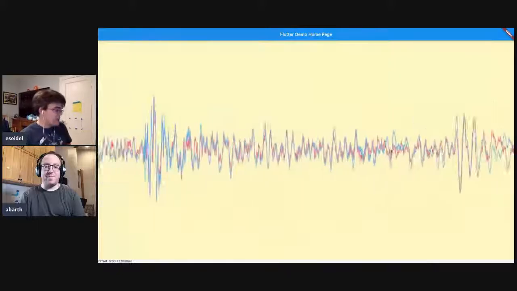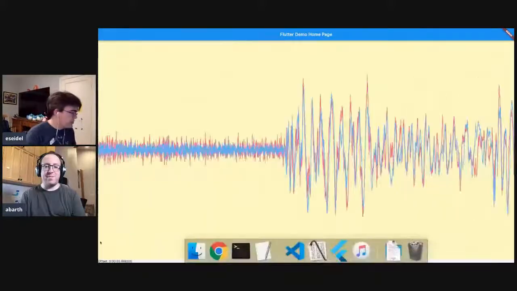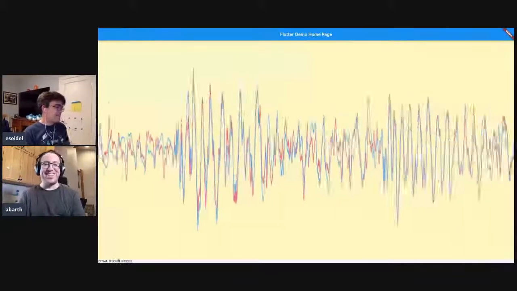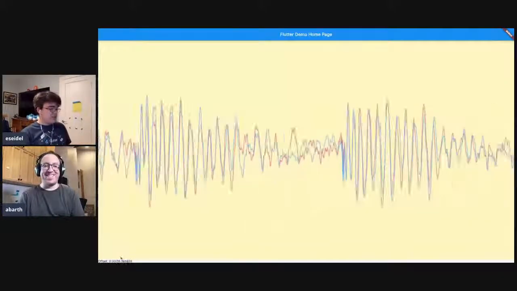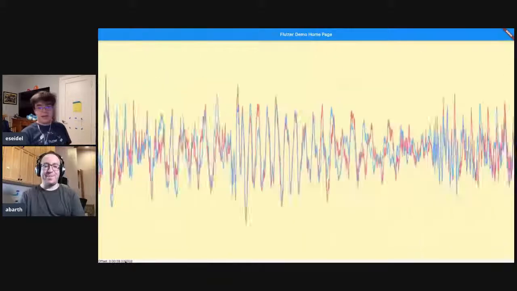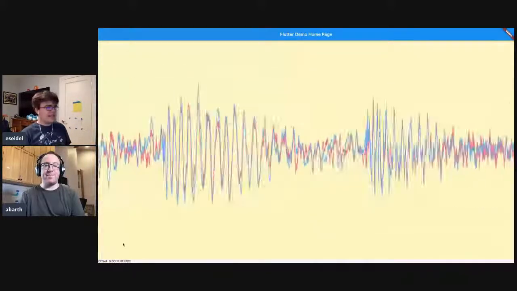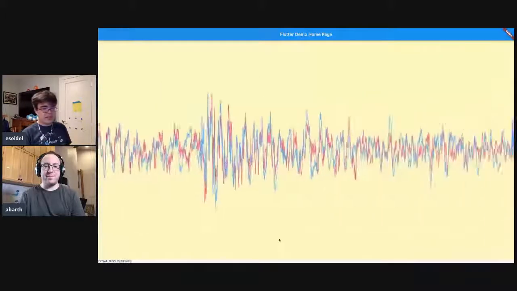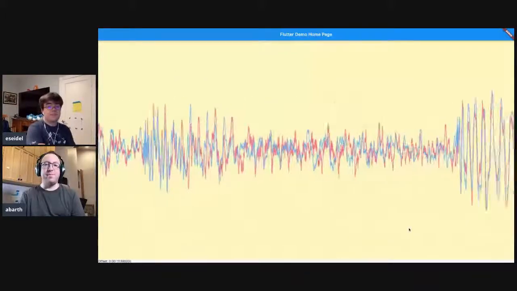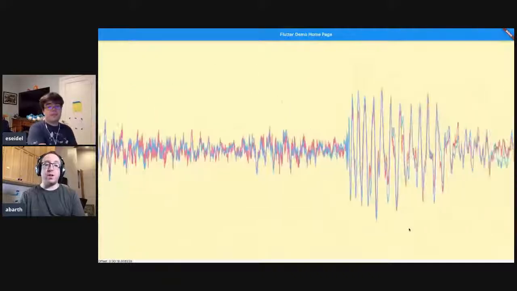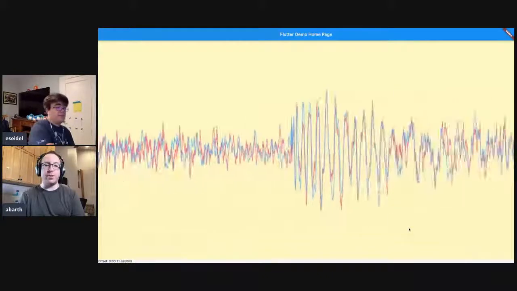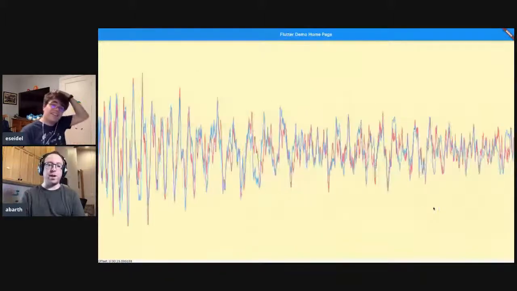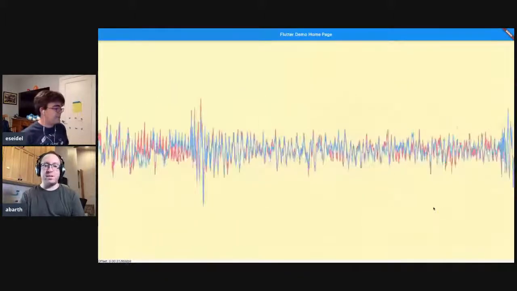We also added something right at the end of last week. Oh, there it was. Did you see it go by, or did it just go down for a moment? We added this little offset, which just shows us where we are, seconds-wise, in the file. And I think the file is about 30 seconds long. So one of the things we talked about doing was adding a scrubber. Do you want to start there? That might help us debug this issue, because then we could scrub to where the problem is and look at it more closely. I think we should.